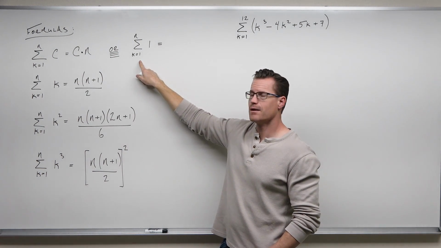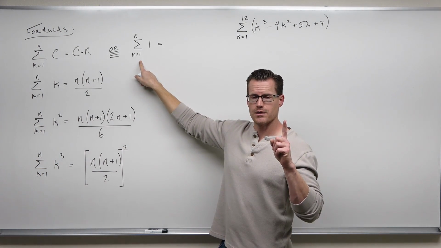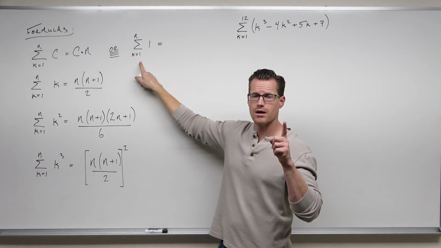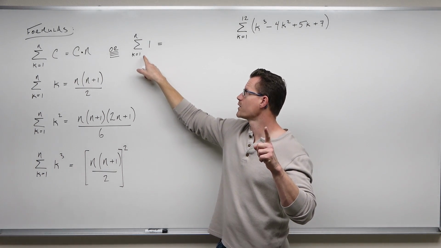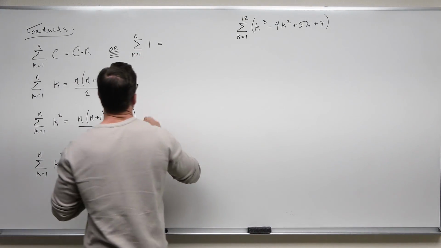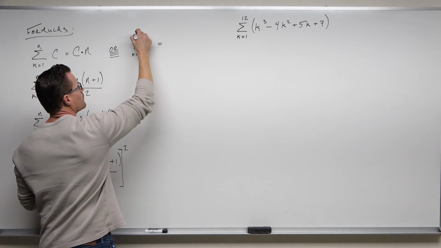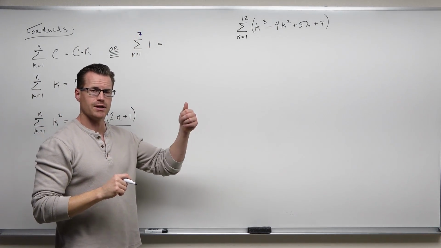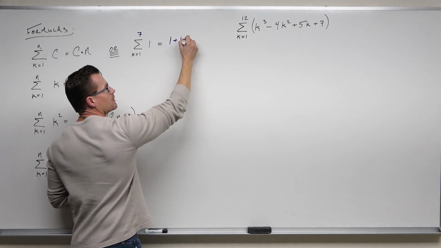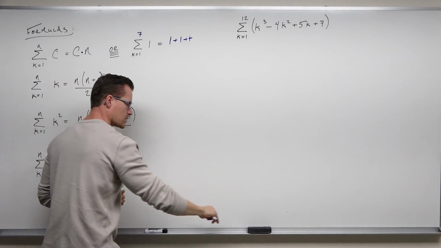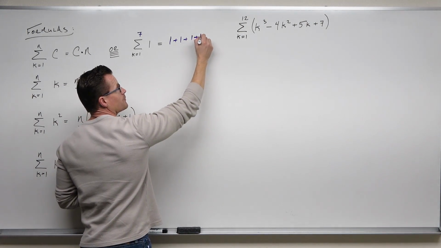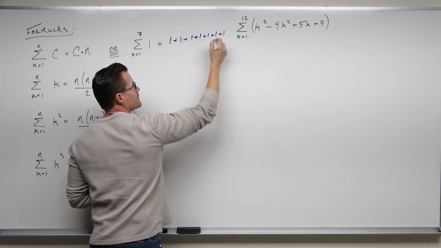So what that would do is say, for the first term, take 1. For the second term, take 1. For the third term, take 1. For the fourth term, take 1. For the fifth term, take 1. For all the terms, just take 1 and add them up. So if I went from 1 to 7 of the sequence 1, here's what it would do. It would take 1, 1, 1. I wish I would have picked a smaller number than 7, and then to write 7 ones. 1, 2, 3, 4, 5, 6, 7.